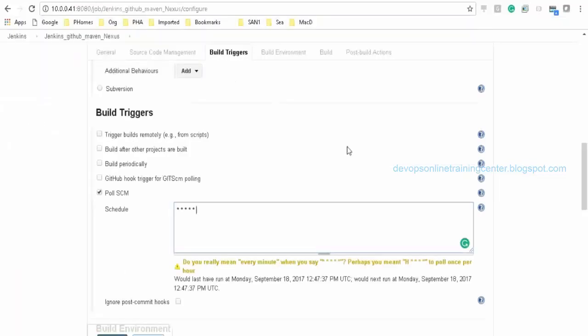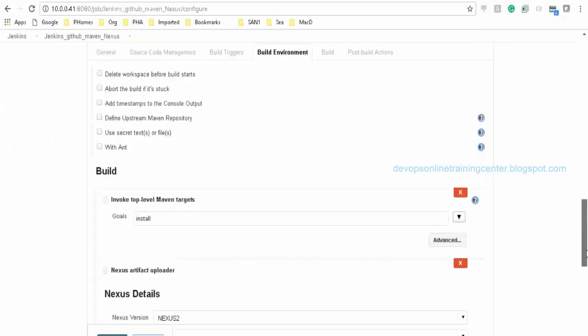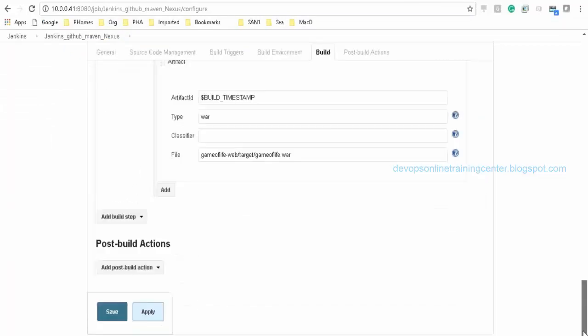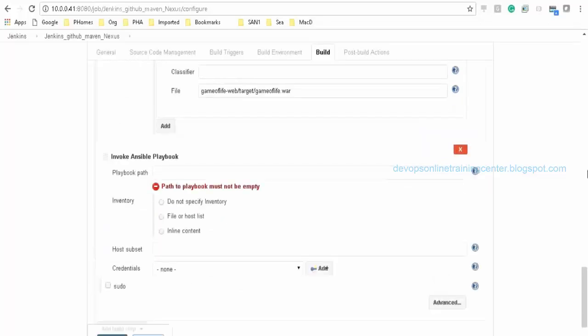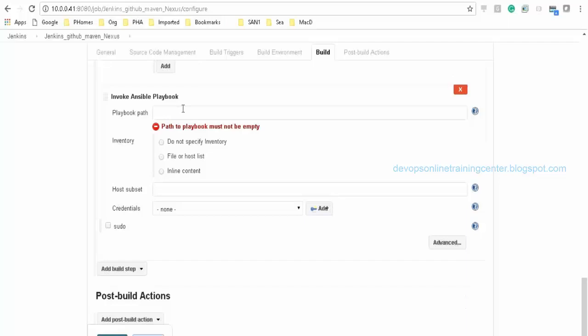So since we have the Ansible playbook, let us try to copy the same thing to the test machine. Invoke Ansible playbook. This is the path where the playbook is present: etc Ansible playbooks, let us say sample.yaml, right?